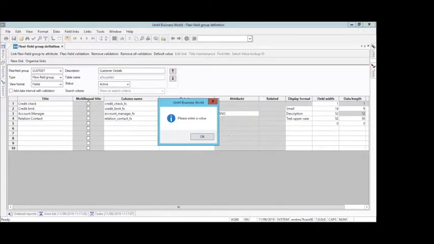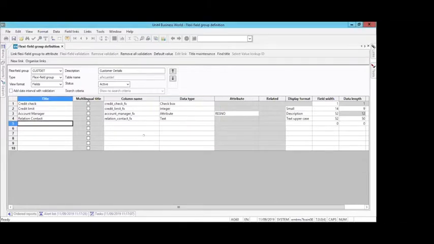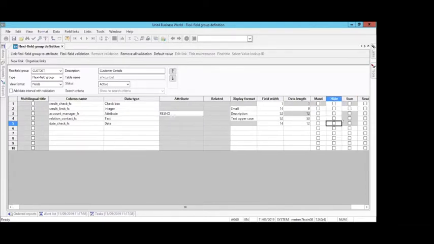I'm just going to add one more field in here, and that's going to be date. And just the date that the credit check was done. So again, I'm just giving you an example of a date field. So in this case, the data type will be date. And it predefines what that data length is, and then you just decide on the size of the box. So as I said, I'm going 2 characters bigger than the actual data length. So I can tab across,